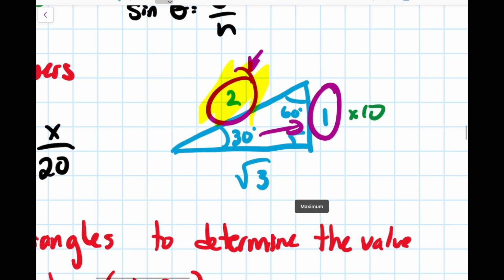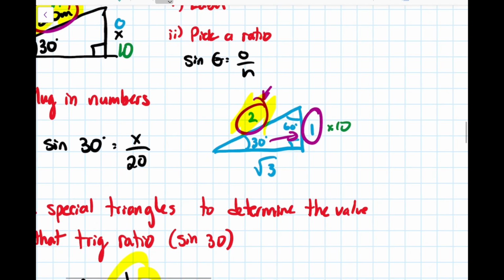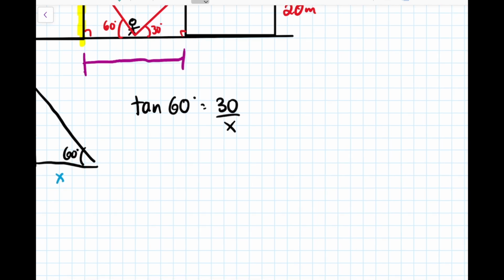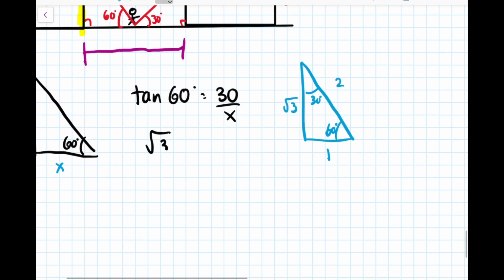All right, so here's a good example over here. The tangent ratio for 60, our opposite over our adjacent, is going to be root 3 over 1. And it wouldn't be the worst idea just to draw it out here as well, so maybe I'll do that too, just for a little bit more practice. So this is 30 degrees, this is 60 degrees, and so this is 1, 2, and root 3. So our tangent ratio for 60 is going to be root 3 over 1, and that's going to equal 30